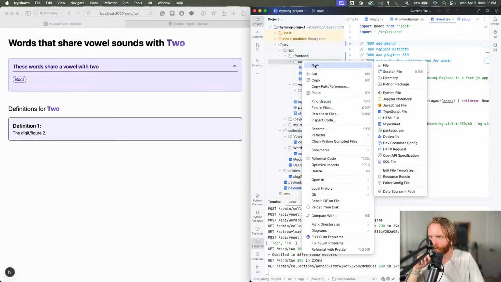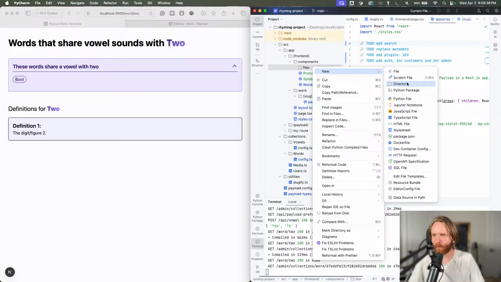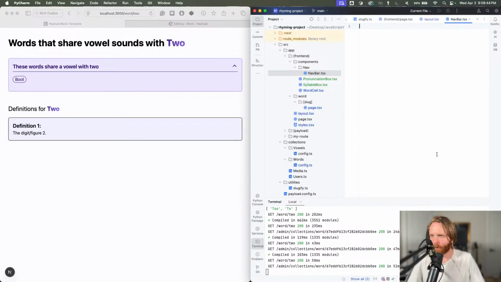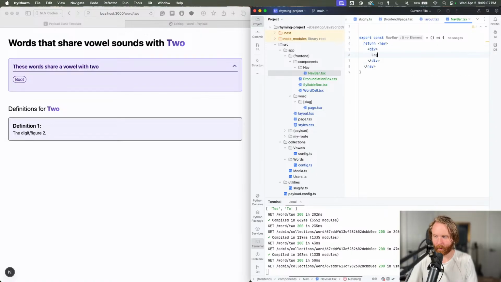let's see. Yeah, so component, we'll do a new directory for this one. We can do a nav where we're going to do a TSX file that's going to be a nav bar. And then here we're going to export const, I think, NavBar. I don't think I'm going to do default. Okay. And then here we can just return a nav, which is going to have one div for a logo, and then another div that's going to have our